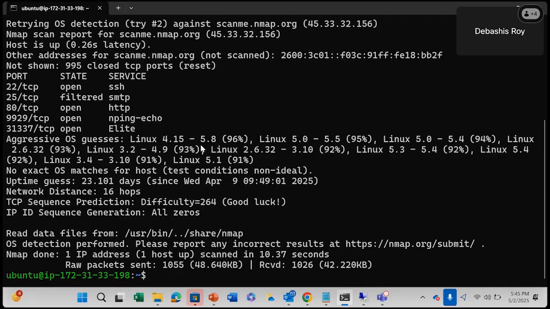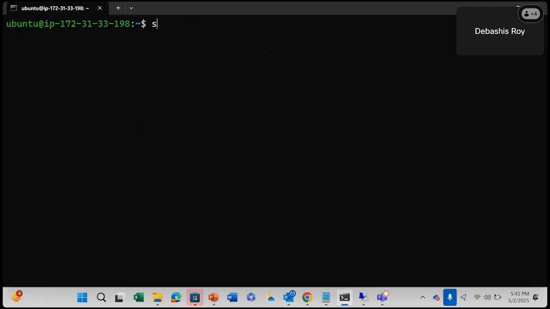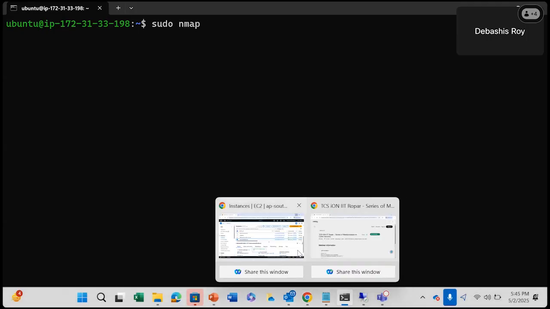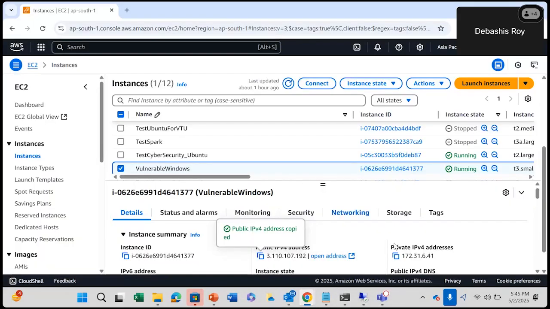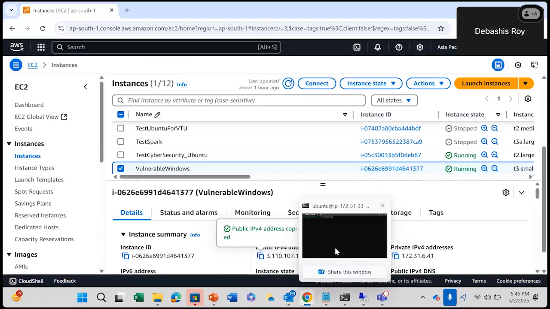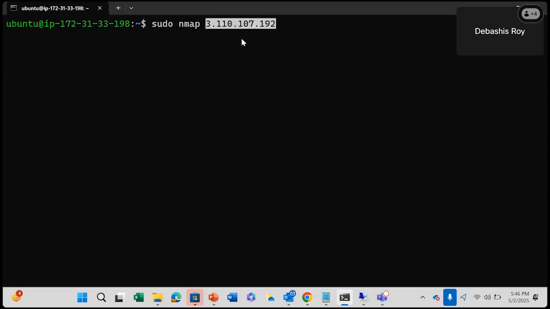Okay, say for example, there is another way. Say I want to use sudo nmap. Now look into this. I want to use Nmap and I want to see the Windows system that I was using. I'm using this IP address, so I'm copying this down. Suppose it does not have the ping facility. It does not have the ping facility because I have not given the ICMP protocol as an input. I did not allow the ICMP inbound in the security rules of this software. I knew it, so I did not do it.